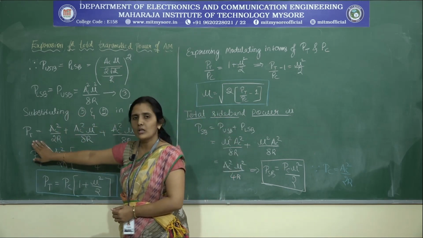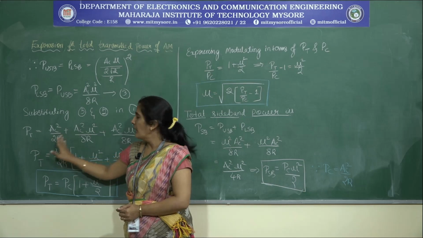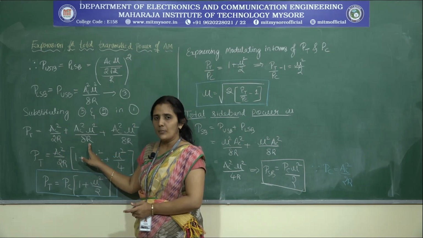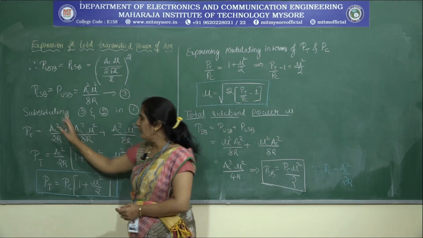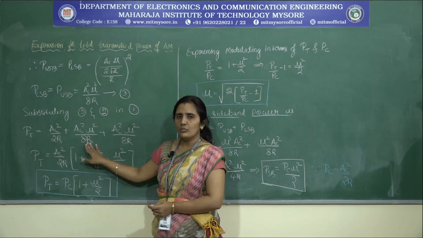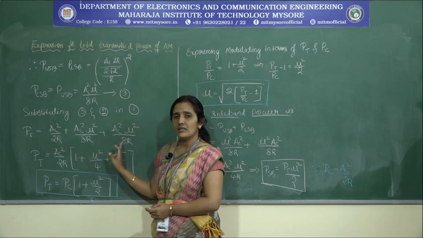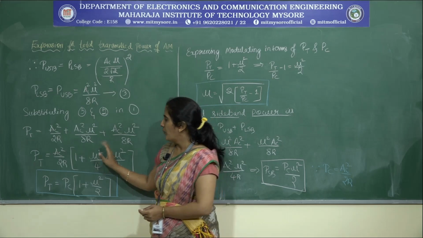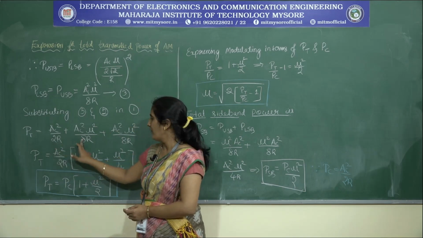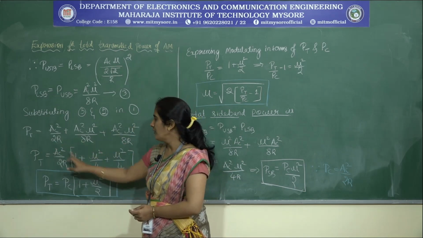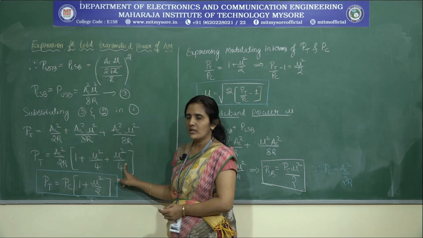So what we are going to get here is the total power equation, P of t is equal to Ac square divided by 2R plus, what is this? This is the power of the upper sideband as well as the power of the lower sideband. Because these both are equal, we are going to write like this: Ac square into mu square divided by 8R plus Ac square into mu square divided by 8R. So there is a common factor present here. Let us take the common out. P of t is equal to Ac square divided by 2R. So after considering all the common factors here, we are going to get the equation like 1 plus mu square divided by 4 plus mu square divided by 4.